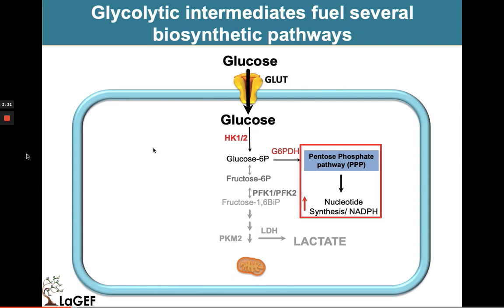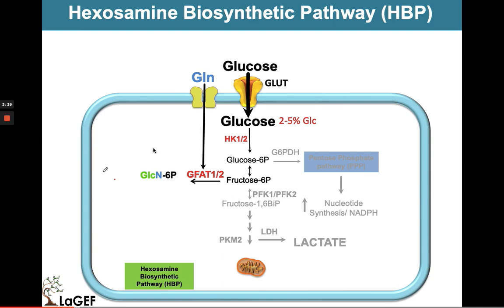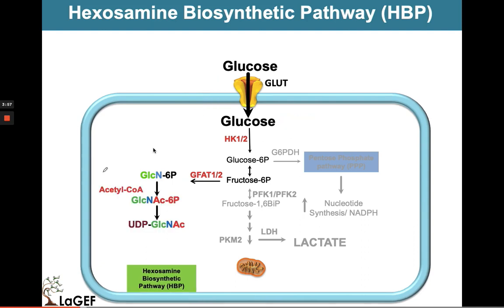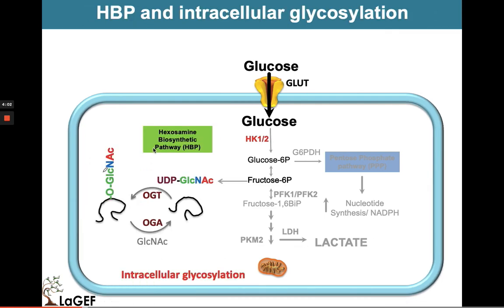Cancer cells overexpress the rate-limiting enzyme of the hexosamine biosynthetic pathway, the glutamine fructose-6-phosphate amidotransferase, GFAT. GFAT converts fructose 6-phosphate to glucosamine 6-phosphate, having glutamine as nitrogen donor. Glucosamine 6-phosphate is further acetylated and activated, generating UDP-GlcNAc. UDP-GlcNAc is then the substrate for most of the glycosylations that we know, and the substrate for the intracellular glycosylation,